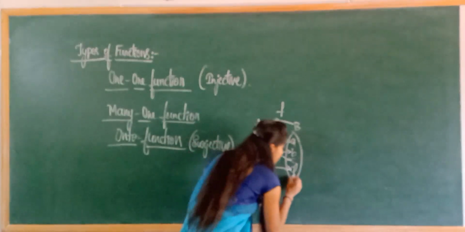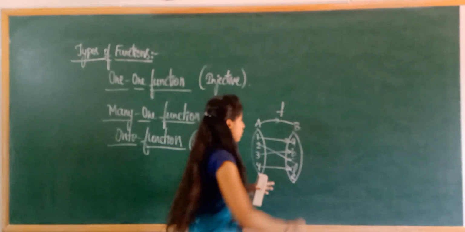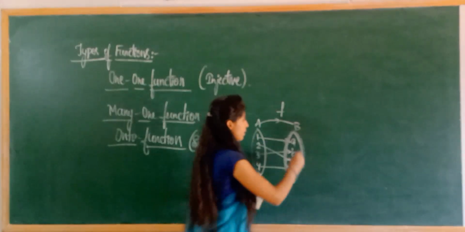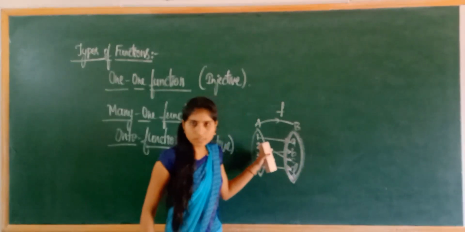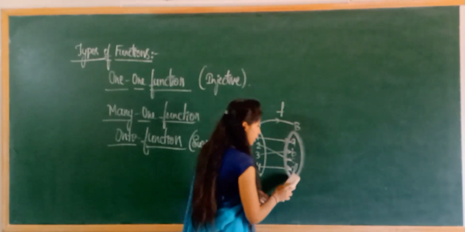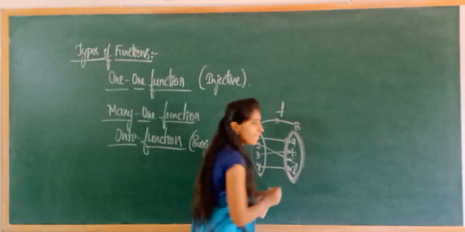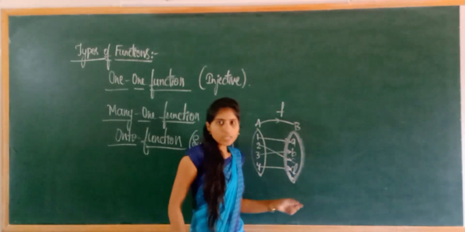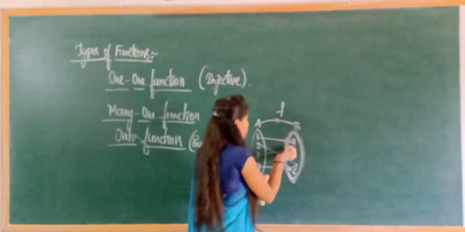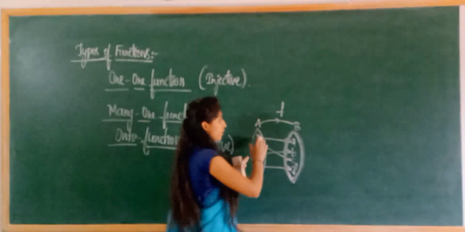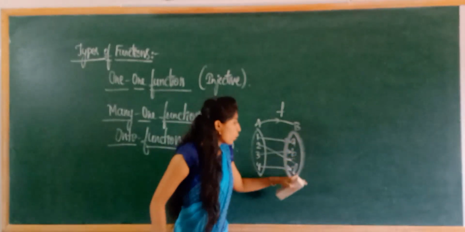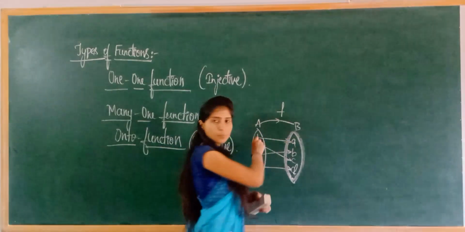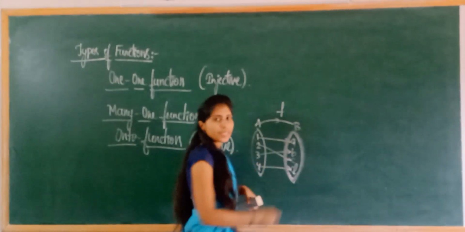In case E is also there, the whole set B we call it as codomain, and the elements A, B, C, D are range in this set, right? Here you see in onto, all the elements of the codomain, all the elements of the second set B should be related to at least one pre-image in set A.